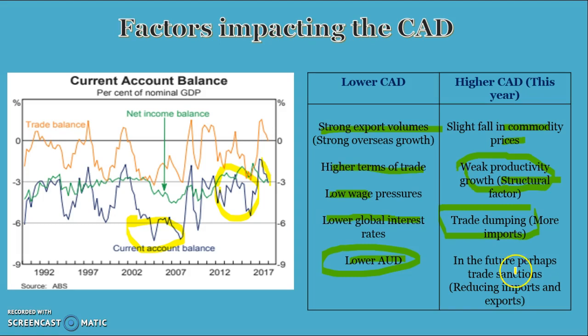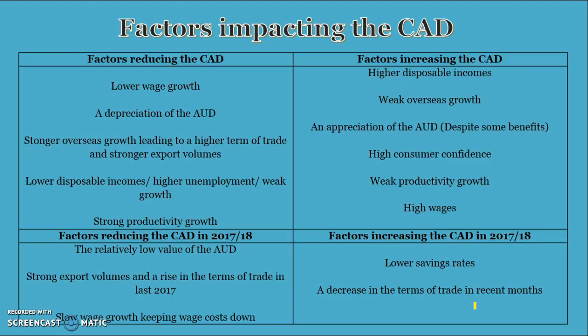In the future, it may also hurt the CAD with the trade sanctions that are going on in America. So that will probably reduce both imports and exports. We won't be able to export as much if Trump puts trade sanctions on our raw materials and things like that. But we will probably import less as well as we sort of restrict some of the things that they can bring into Australia. Okay, so some of the things impacting the CAD more generally, low wage growth reduces the CAD,